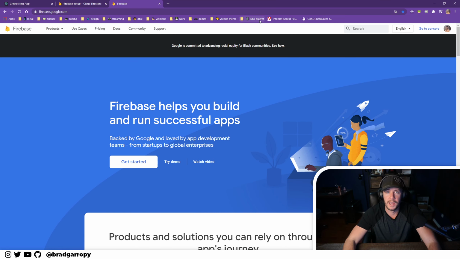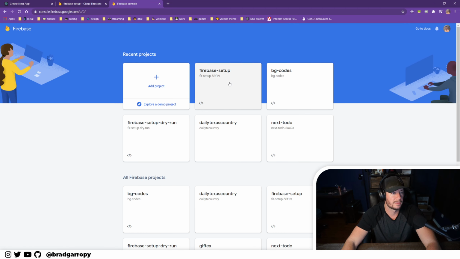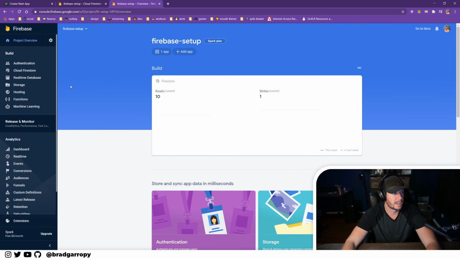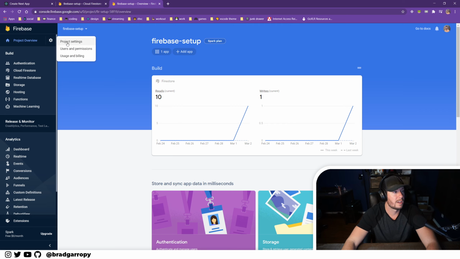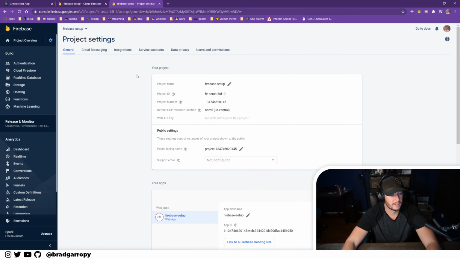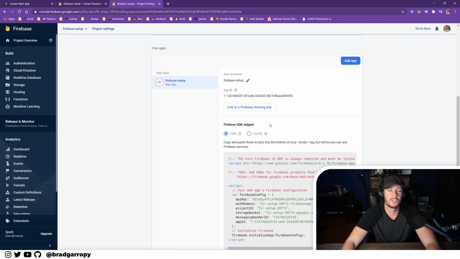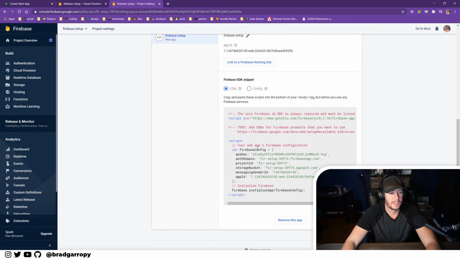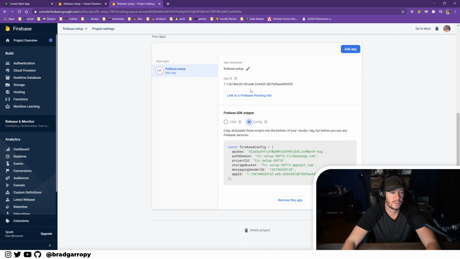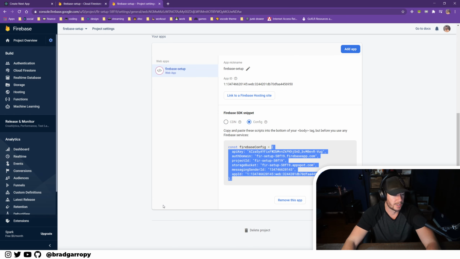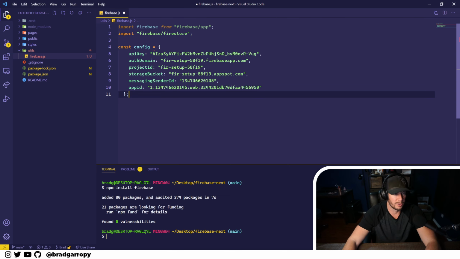So if you start at firebase.google.com, click on Go to Console in the top right, then choose the project you're working in. In this case, it's Firebase Setup. And then click on this cog and go to Project Settings. Then scroll down. You'll see a section called Firebase SDK Snippet. This is where you get that information. You choose the Config radio button,